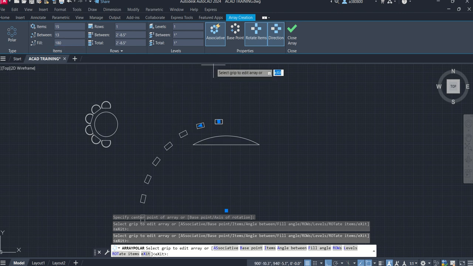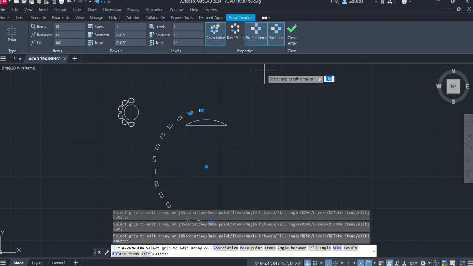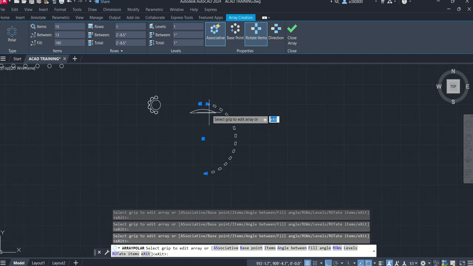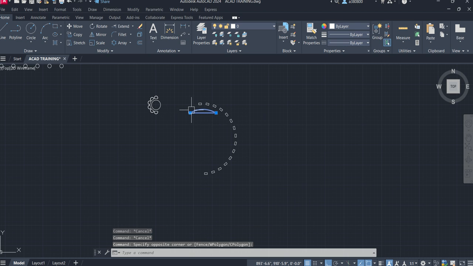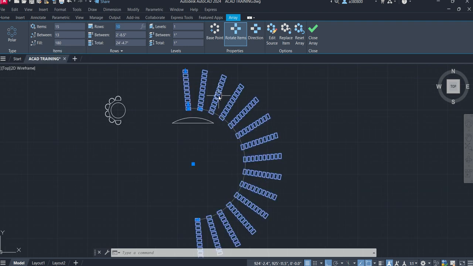So the angle is 180, and what I will do in the next one, direction is in this one, or you can just rotate this item also. But before that, I want to show you that this is one set of chairs, right? Now I want some other rows, like 10 more rows, right? You can see, and in these rows,